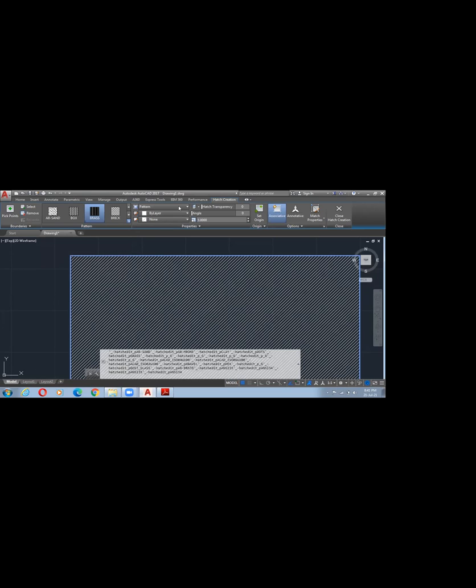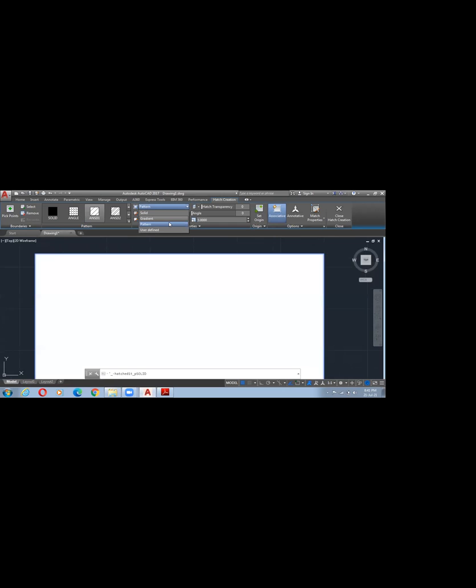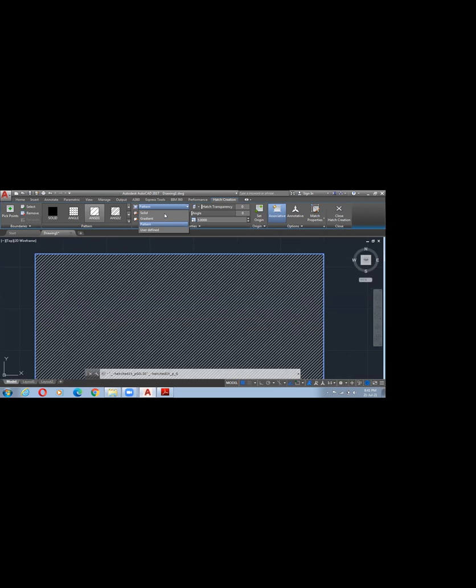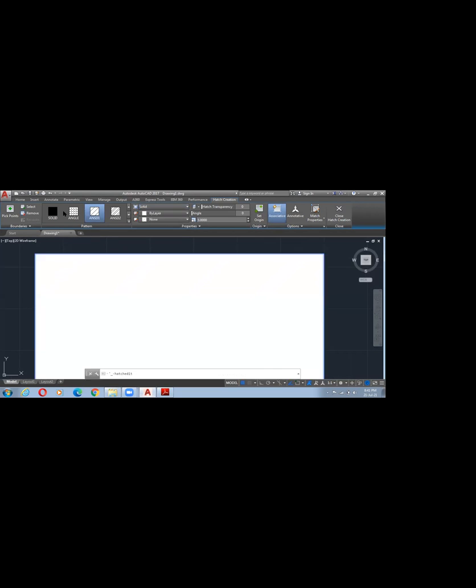Okay, in this solid gradient, in the sense, if you want a pattern, these are all the patterns. If you want it entirely in solid, select solid, and provide the color which you need.